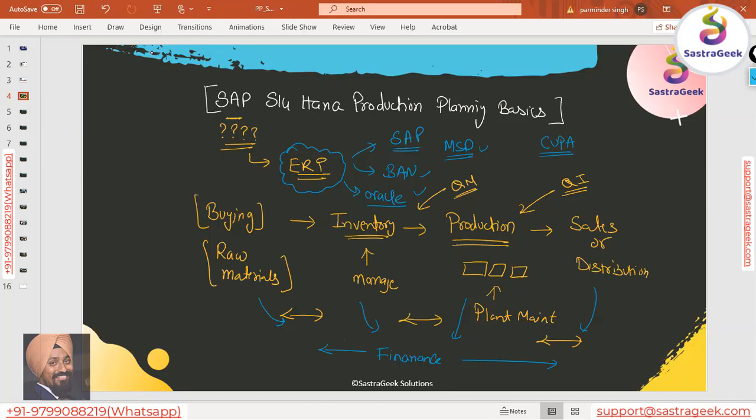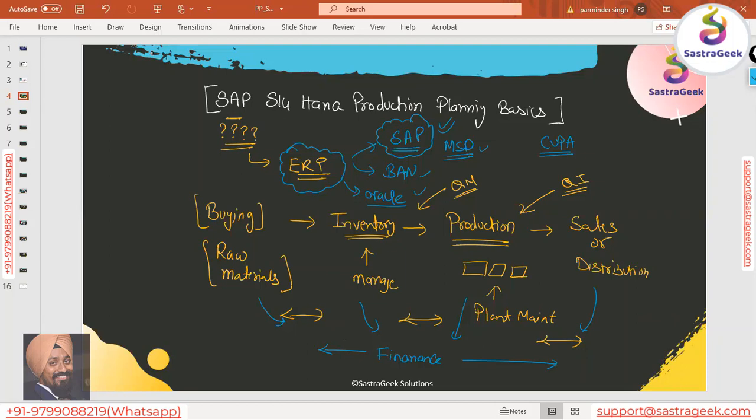If you think about an ERP system, you think about planning, manufacturing, inventory, buying, sourcing, sales and distribution, plant maintenance, warehouse management, all the functions coming together in an integrated way. The best software or best solution for this is SAP. SAP is the best solution because it has all the modules available, and all the modules also come with their best practices already. SAP provides the best process for industry, for how you should be doing buying.